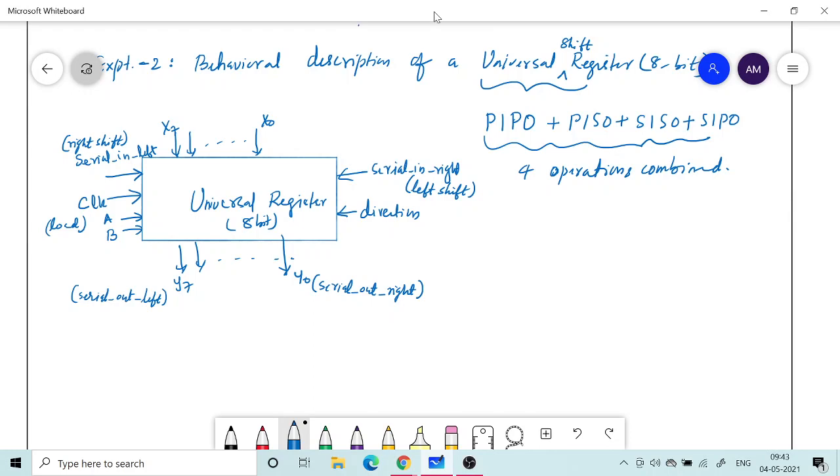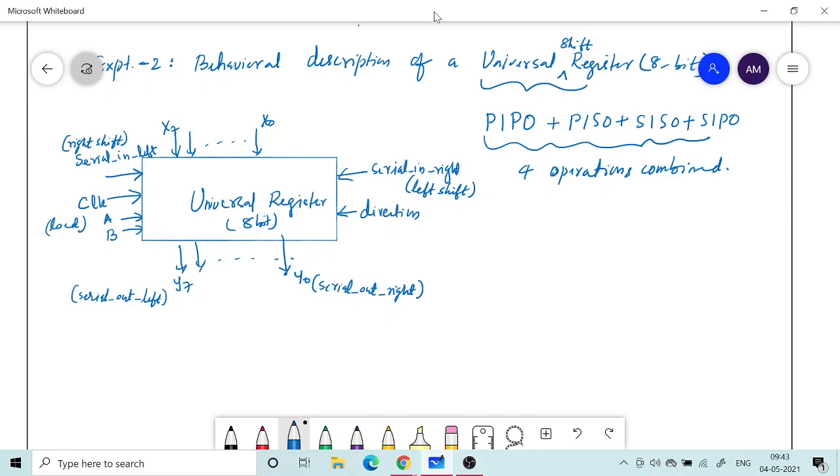It will be basically loading the data. At that time, after loading, X0 to X7 will be stored inside the register, and that will be available for a parallel out.